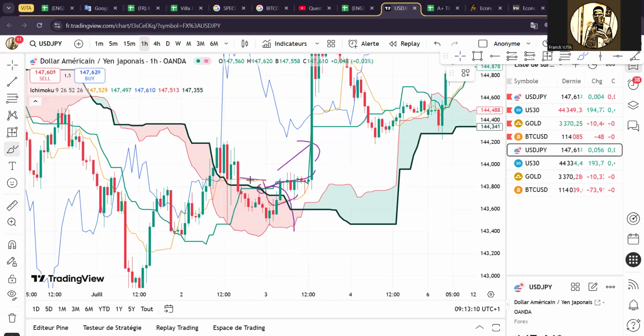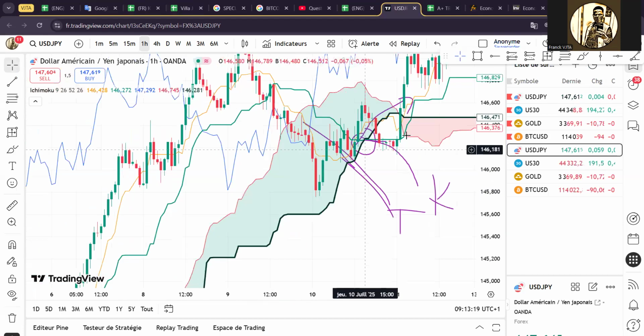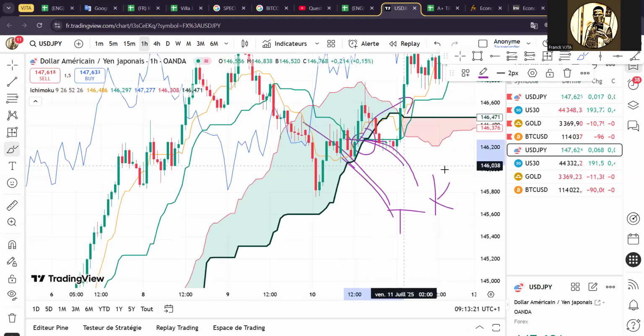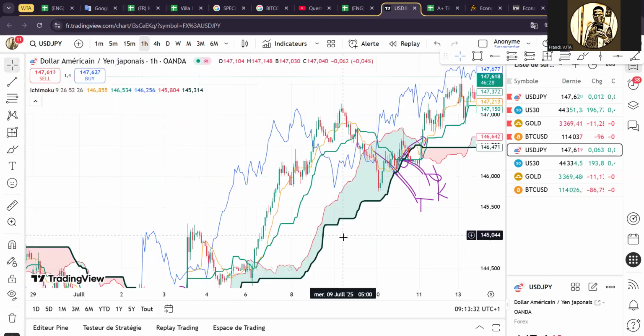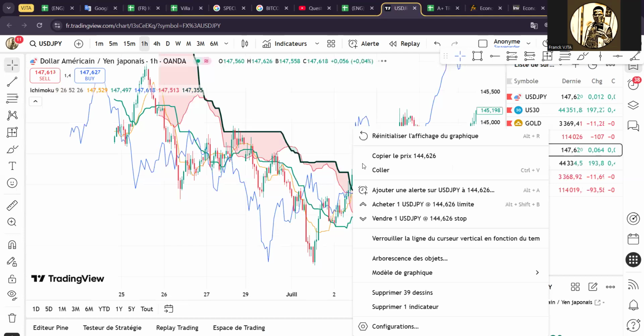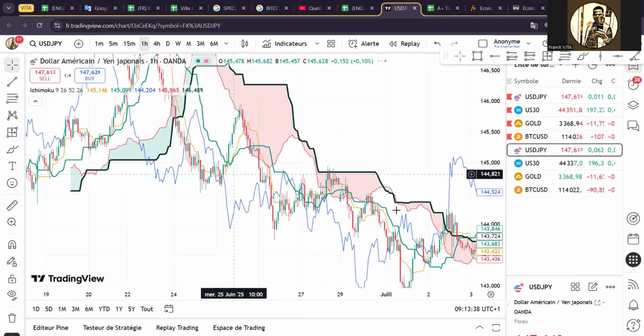Because at the first exit of Kijun, Tenkan was above. It's different from this case, where at the first exit of Kijun, we should have gone to the downtrend, but Tenkan stayed above. It means that Tenkan was not okay with Kijun from the start. And Tenkan gives the earlier direction, the instantaneous direction, most of the time. But what I'm trying to say is that